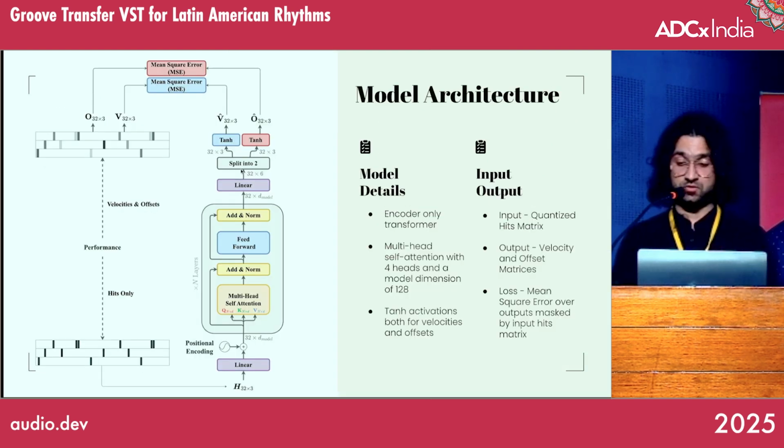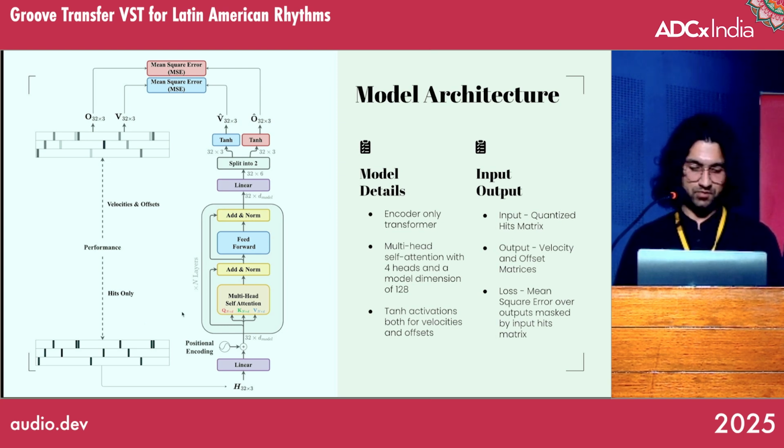And now it's the model architecture part, where it's a transformer based model. Before going into the depths of the model, we go from just the hits matrix, which you see on the bottom left, to the offsets and velocities matrix, which, as explained in the previous slide, is the part which actually adds this performance information. And in general terms, we call this going from score to performance. And how we do it in a transformer is, we have an encoder only transformer, where we project